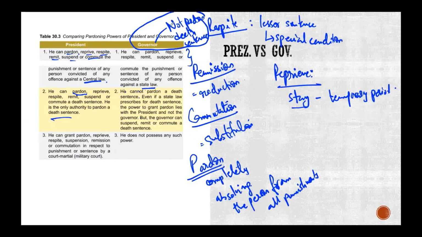Right? And then the president also deals with the court martial or the military court. However, the governor does not possess any of those kinds of powers. So military court or court martials. So 80% remains the same. What are the differences? Pardoning of the death sentence is one, and an extra power regarding court martials. That's the 20% that you want to keep in mind. Extra powers for the president, and less for the governor. Is that clear? No questions here?